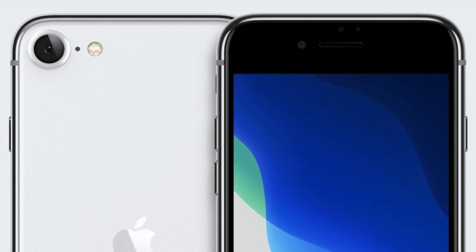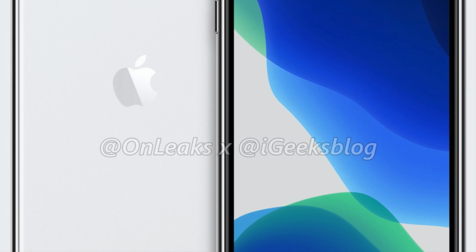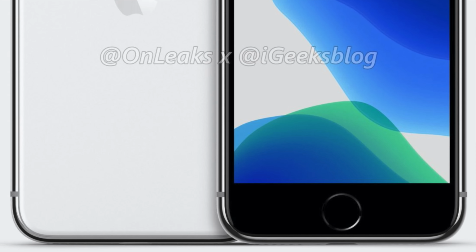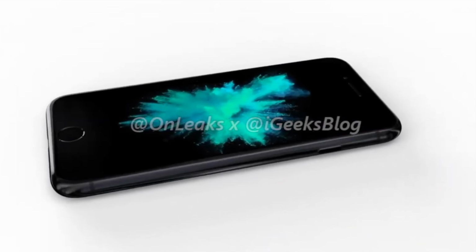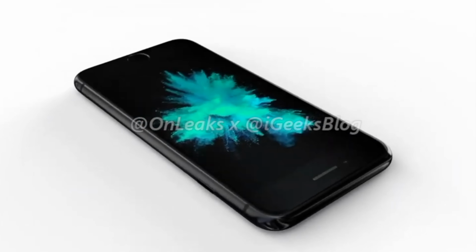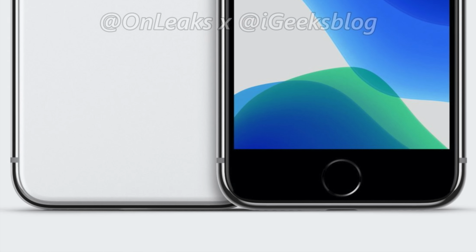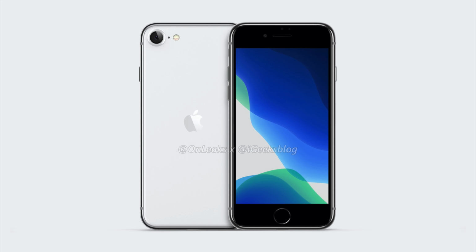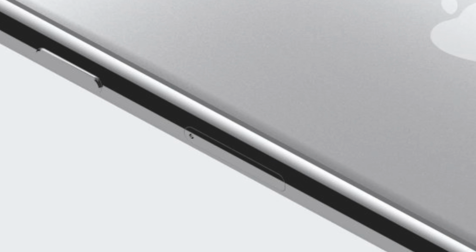So we know a lot about the iPhone 9 at this point. We've seen the design leaks from OnLeaks, and the initial design of this iPhone 9 looks pretty much like an iPhone 8. Of course, we've talked about things like how it's going to have a 4.7-inch LCD display, a Touch ID solid-state home button, and a top forehead and a bottom chin with big bezels. And we've also talked about some other details, like it might be 0.5 millimeters thicker